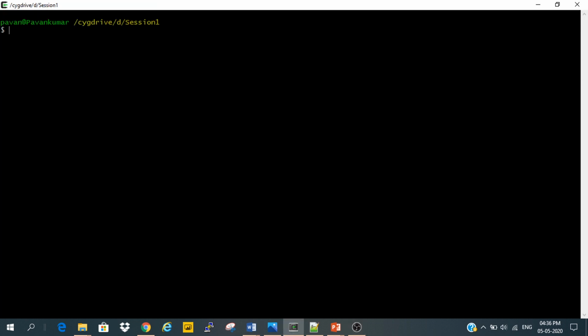Yes, our Minikube is running. Let's see the status with minikube status. Yes, our Minikube host is running, the kubelet is running, and the API server is running.